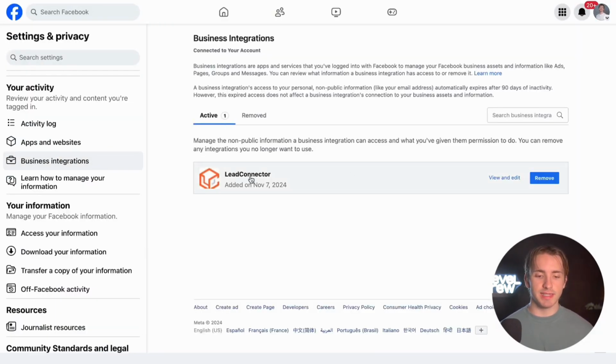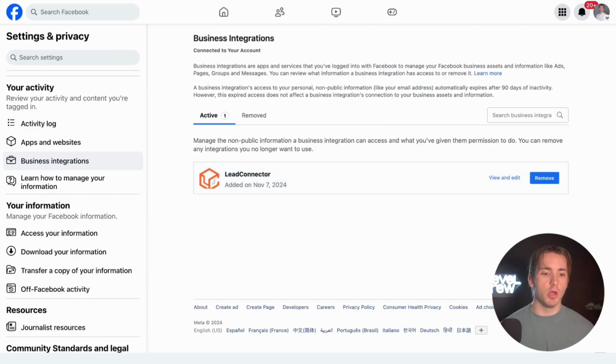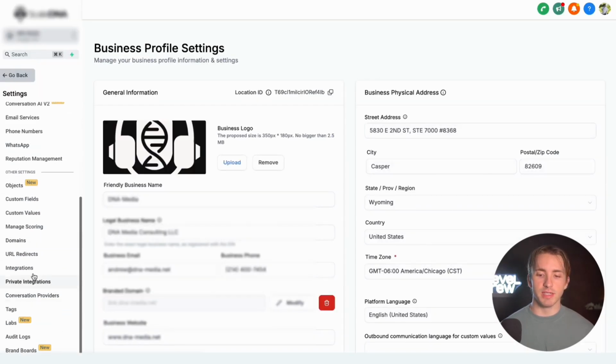And once we select this, we can see our connection to Lead Connector. This is where we're going to manage our actual connection to the platform in order to ensure that we are connected to the social planner so we can actually publish posts. Now, if you don't see this connection here at all, go back to the software, go to integrations and reconnect